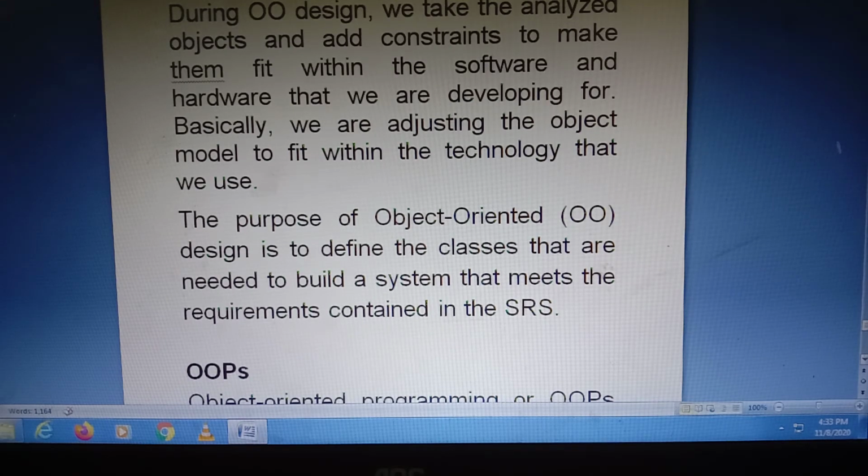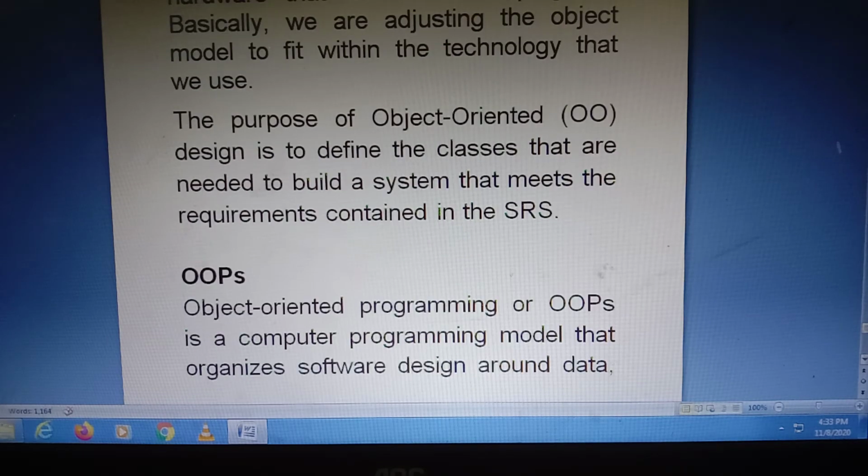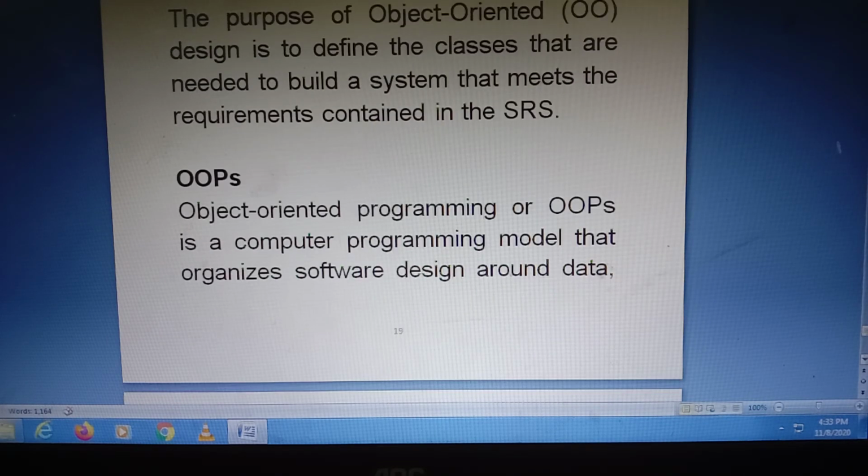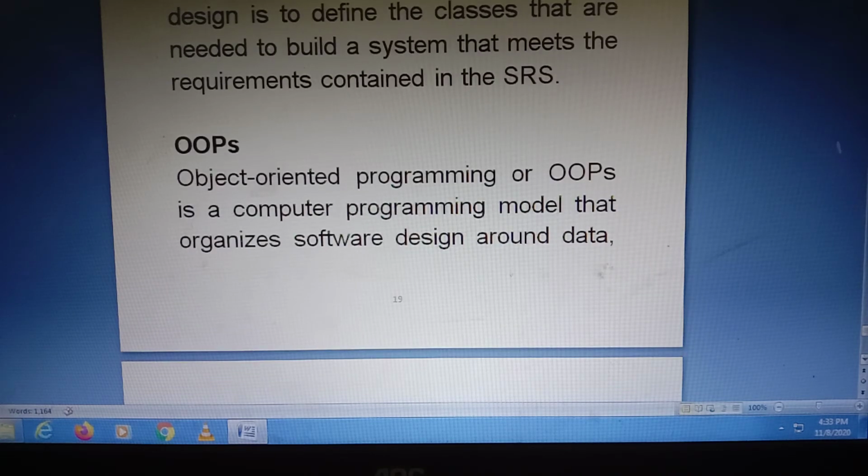After design is over, we can implement the software, which is nothing but our language, object oriented programming. Once analysis is completed and design is completed, then we are going to implement the software. Here our software is nothing but our programming, OO programming. So what is OO programming? Object oriented programming or OOPS, both are the same.